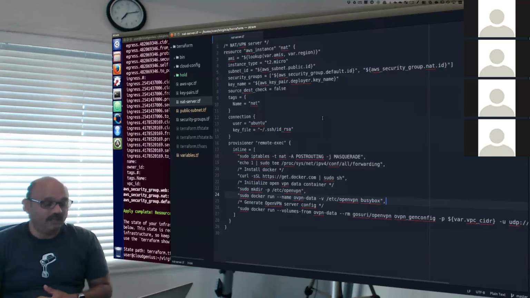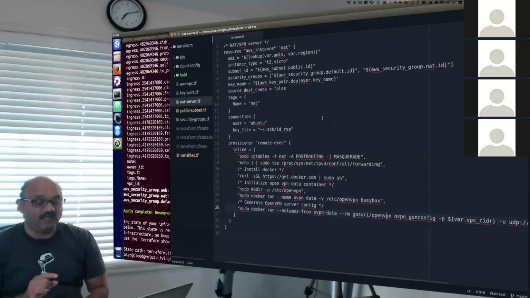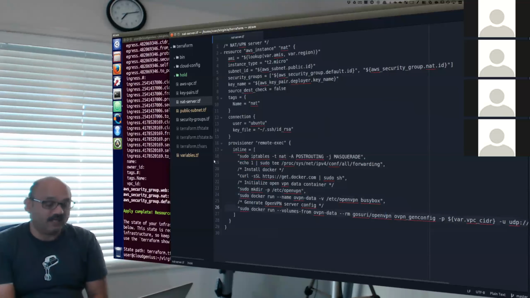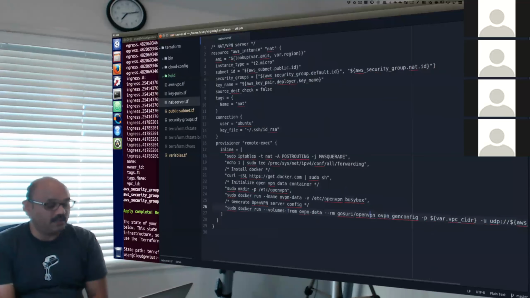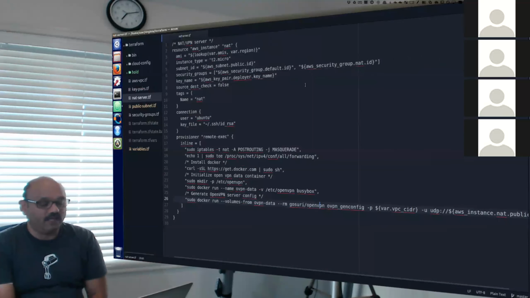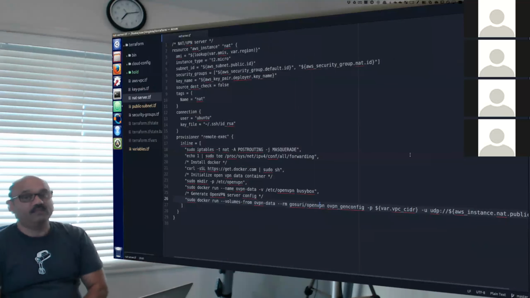And then line number 26 is where it actually creates an OpenVPN server. And that is a separate container. There are 2 containers here, line number 24 and 26. In 24, we are creating a place to store data about the OpenVPN server, which is going to be line number 26.